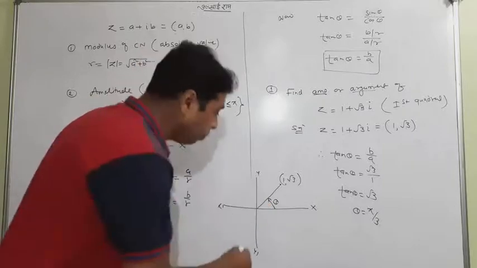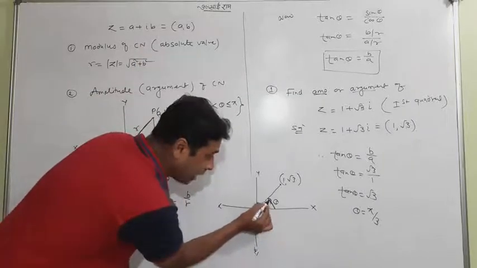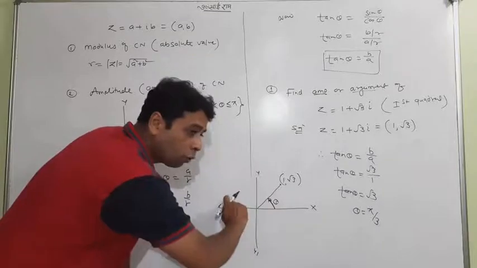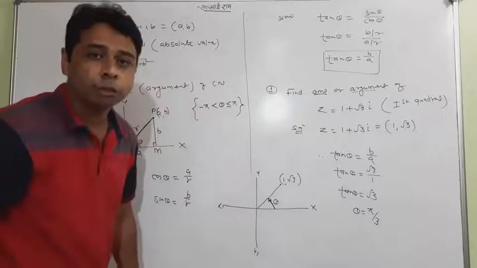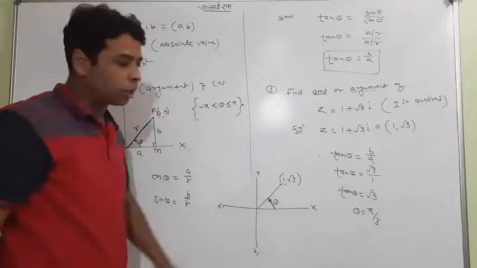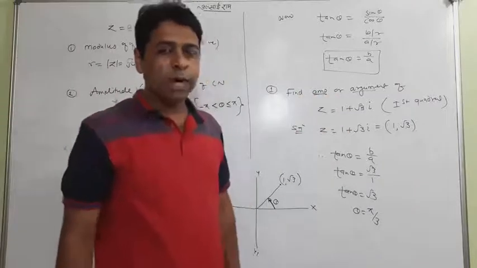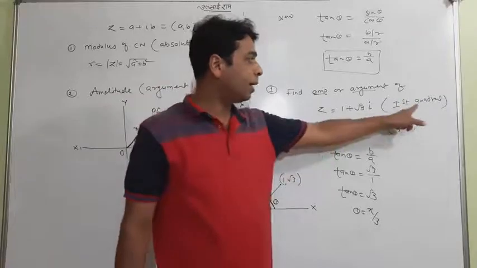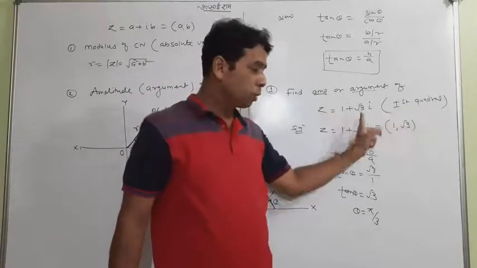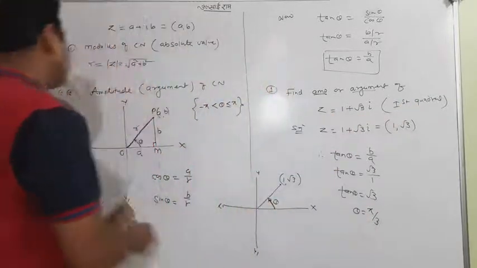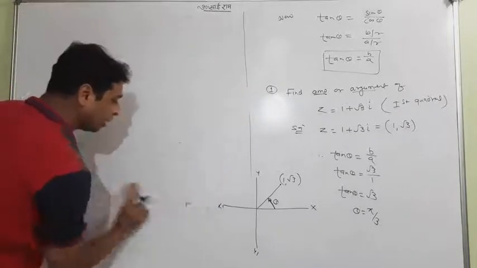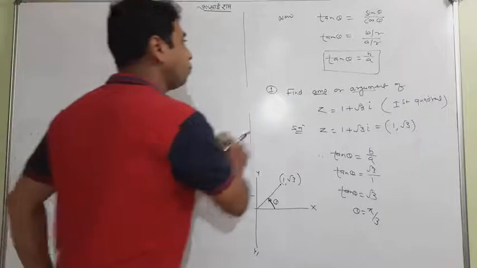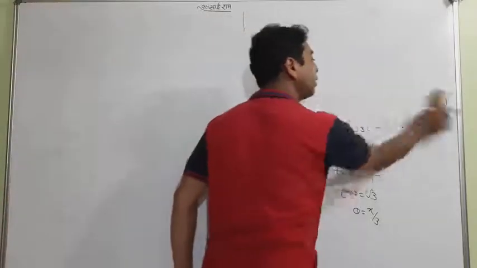Why is it positive? Because the angle is counted anti-clockwise. Whenever the angle is anti-clockwise, it is positive. When it is clockwise, it is negative. Later I will tell you, no worry about it. So till now, I have taught you that whenever the point is lying in the first quadrant, use this method. Now, I will tell you one by one how to find the answer when the point changes quadrant.